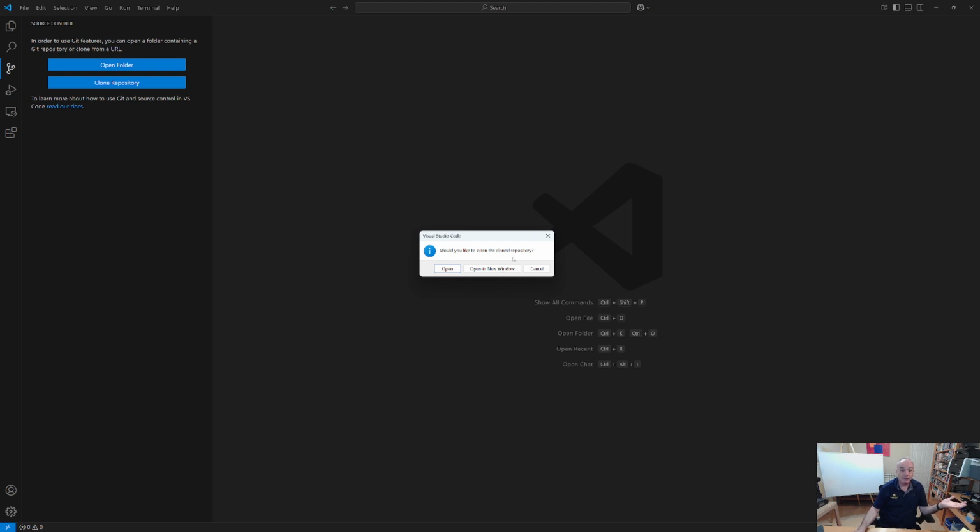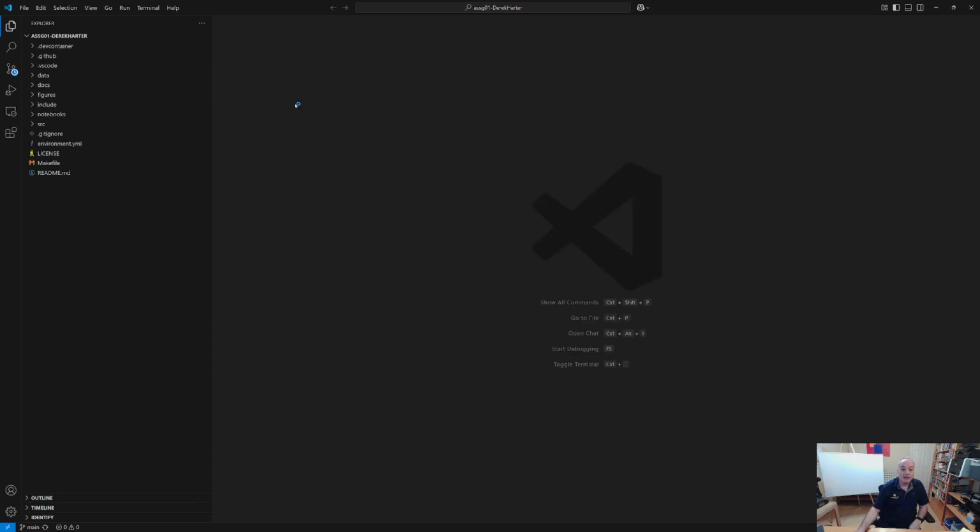And if it asks you if you want to reopen it, you should always reopen that cloned repository. So I've now got it in a VS Code project folder. Also, if you've got Docker and your dev container set up correctly, it should give you the option to reopen in a container. So let's go ahead and reopen that. If you miss this prompt,